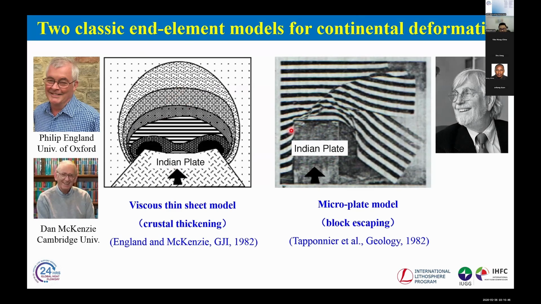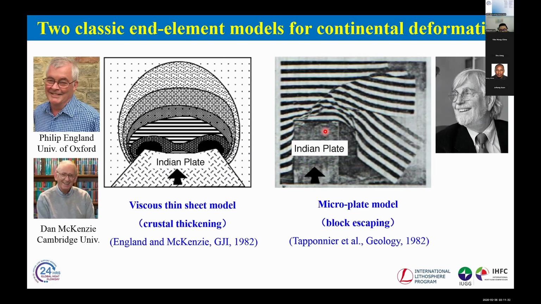Another model was proposed by Professor Paul Tapponnier in the same year, published in the journal Geology. This model can be simplified as the microplate model. That means they apply the principle of plate tectonics to continental deformation, so we also call it block escape. This is a physical model, which means analog modeling. With the indentation of the Indian plate, this plate is quite strong,